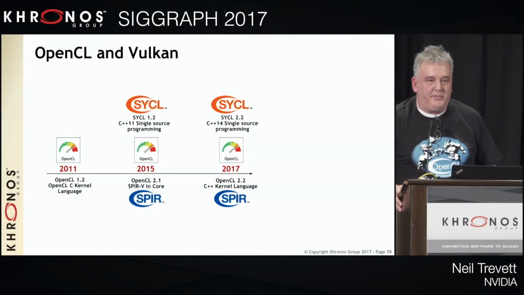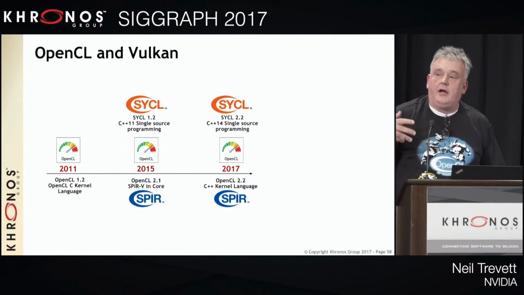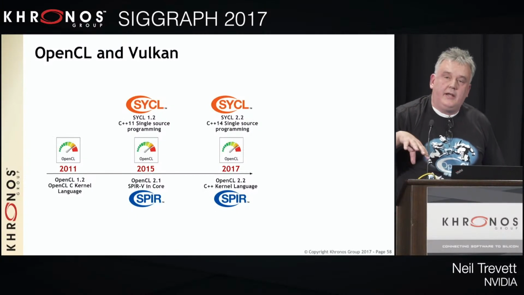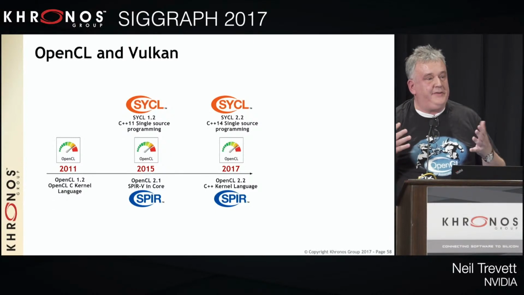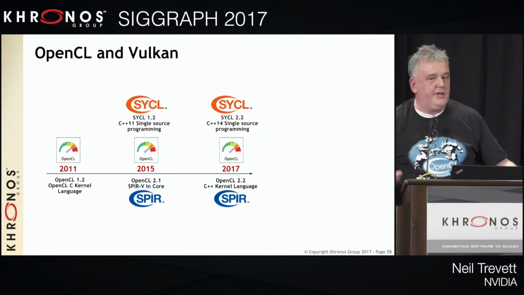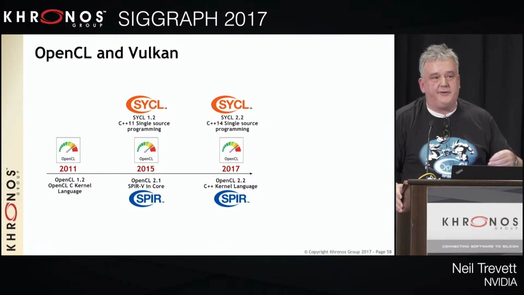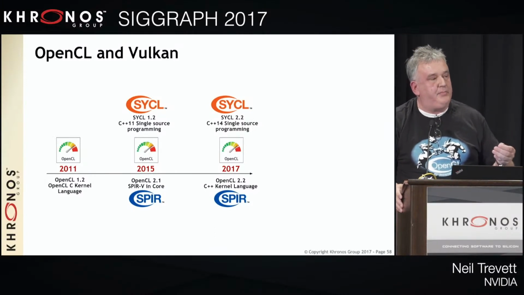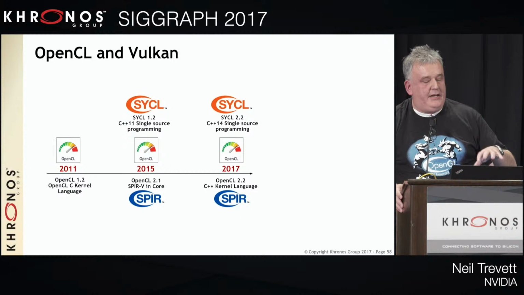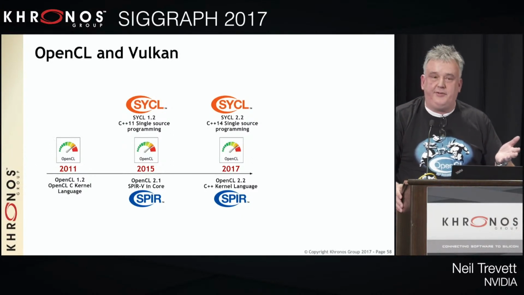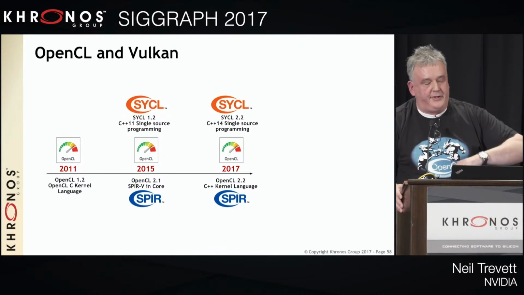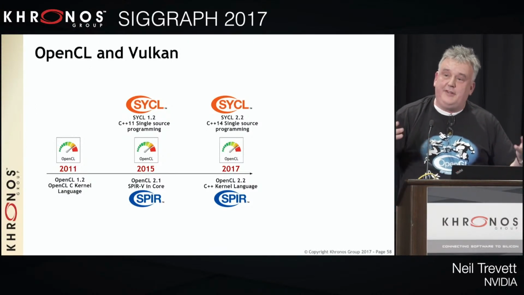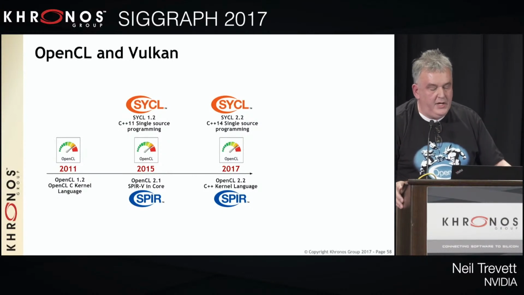And I've sneaked in one other topic, but it leads into Ralph's presentation coming up, which is how is OpenCL going to try and help with the Vulkan roadmap? Because OpenCL is at a kind of interesting milestone. We spent several years getting OpenCL C++ defined. So now OpenCL, latest version is 2.2. We have C++ from top to bottom. You can use it in SYCL, single source. You can use it as a kernel language. So we kind of finished what we've had in our heads for a while. What are we going to do next?